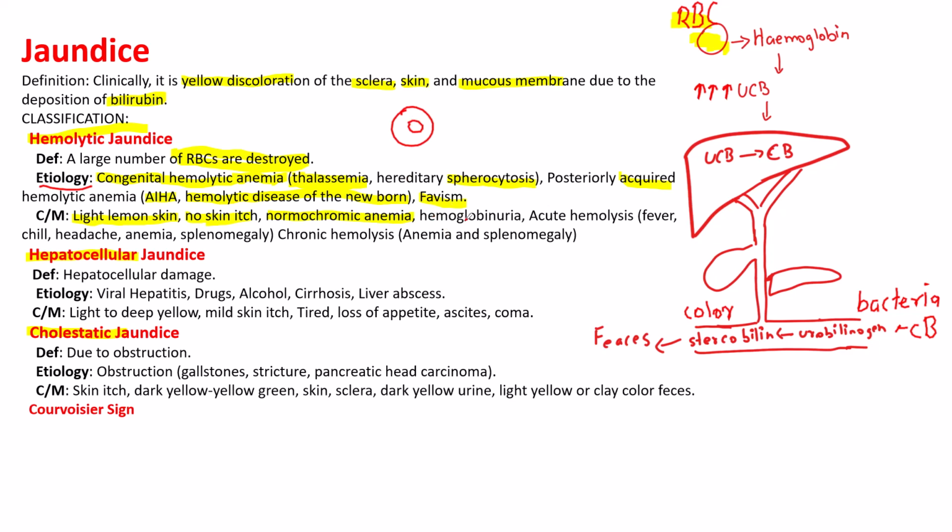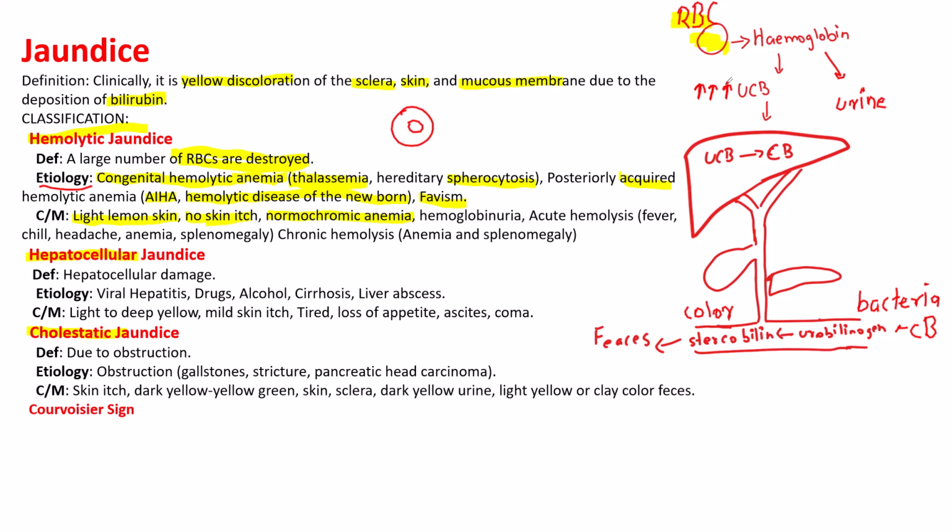And we have hemoglobinuria, which means, because as we know we are breaking a lot of red blood cells, they are releasing a lot of hemoglobin, so some of the hemoglobin gets secreted in our urine. So we have hemoglobinuria. Acute hemolysis means that